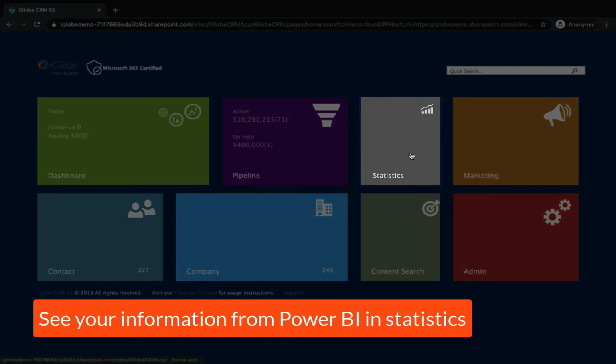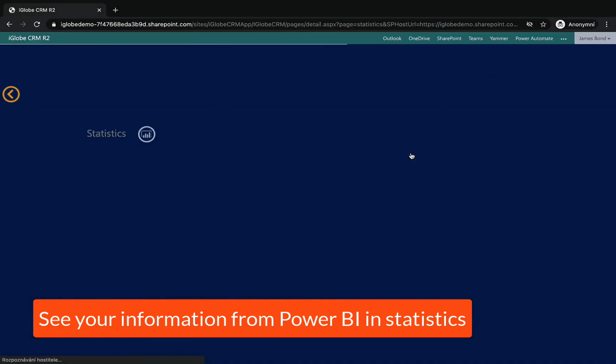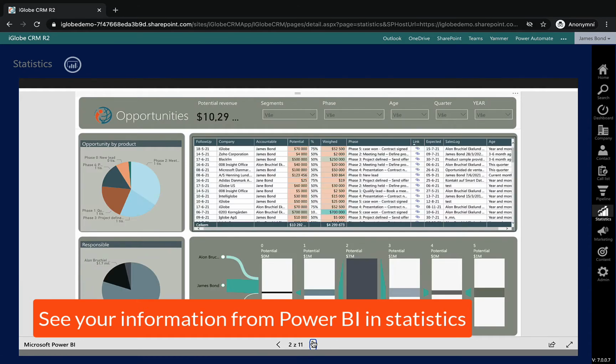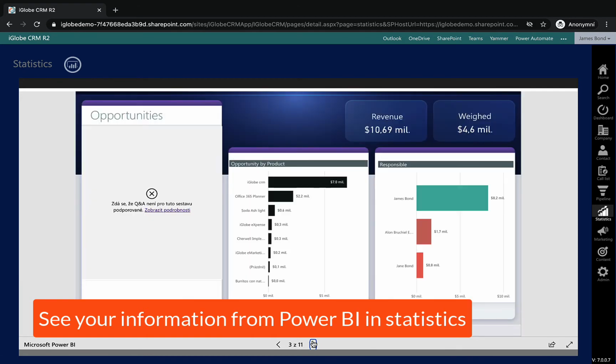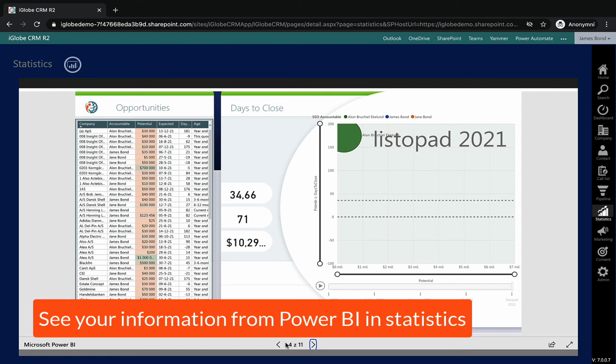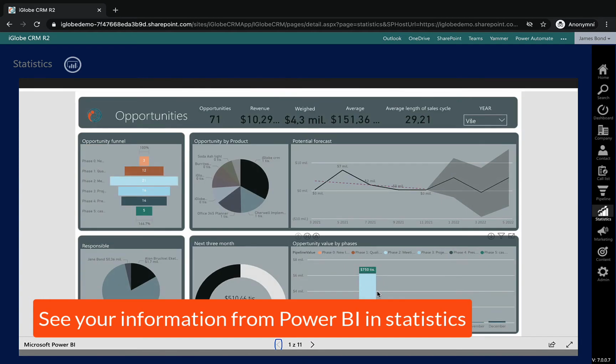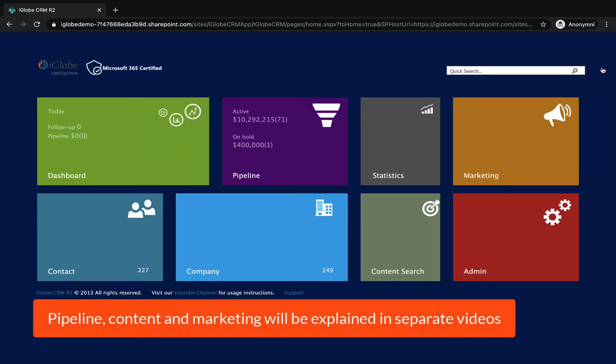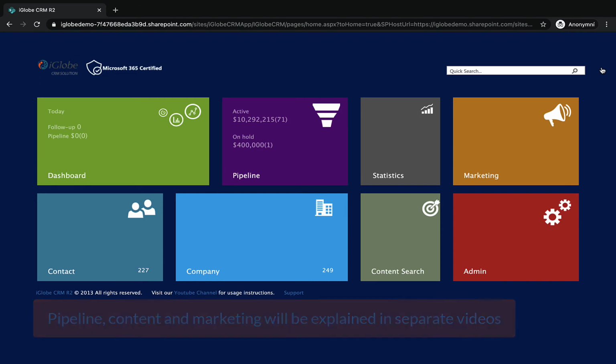Click on the gray Statistics block and you will see your information from Power BI. The pipeline, content, and marketing tabs in your Home menu will be explained in separate videos in our user guide